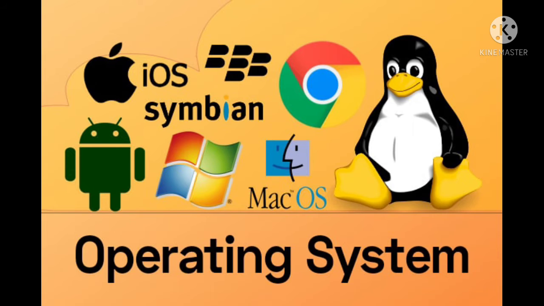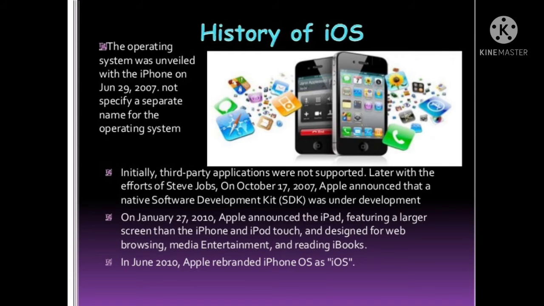Now we will move to the next operating system, that is Apple iOS. Apple's iOS is one of the most popular smartphone operating systems, second only to Android. It runs on Apple hardware including iPhones, iPad tablets, and iPod touch media players. Signature features of iOS include the App Store, where users buy apps and download free software,